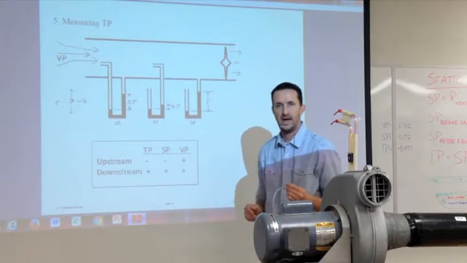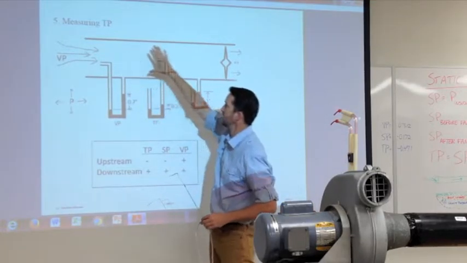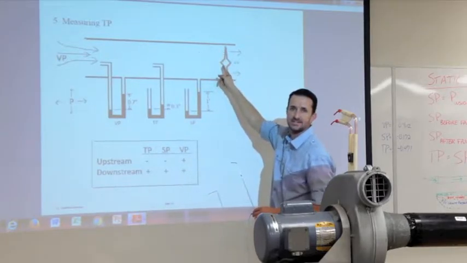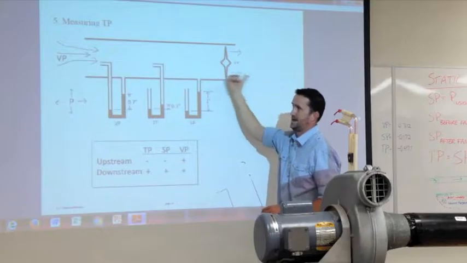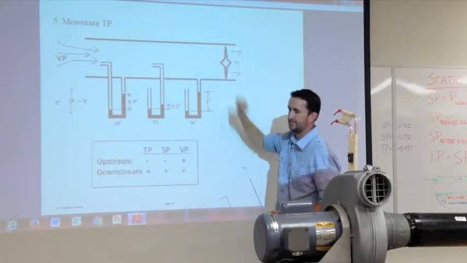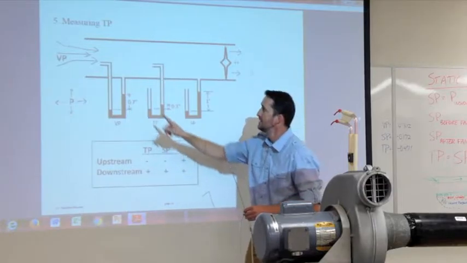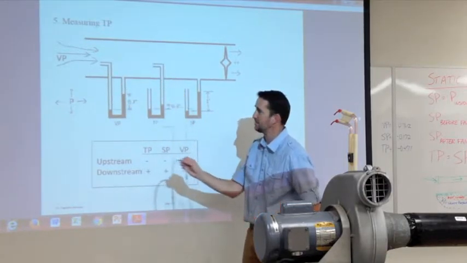Okay. Now, how we're going to use this, if you look at this diagram, this is our duct, and this is the fan blade right here. Okay? And it's moving the air this way. So pressure will be positive on this side, negative on this side. Okay? These drawings here represent the pitot tube. Okay? So if I hook the pitot tube up like that,